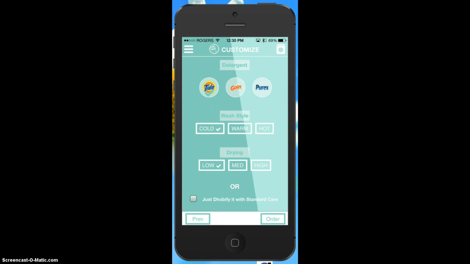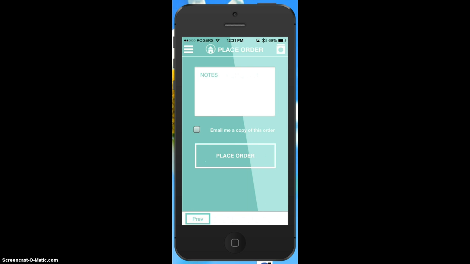I'll go next. Now I can customize for laundry, and I can pick Tide, which is already checked, or Gain, or Purex, a wash style, or that, or I can just ask them to what they call Dobify it, place an order. I can add some notes, and the general idea behind this app was to create it very quickly, and then to make the order processing fairly simple, which I think has been accomplished, and